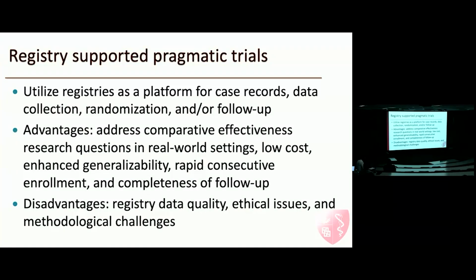There are disadvantages. Your trial data would be only as good as registry data quality, so you have to be very sure that the registry data quality is good enough to support the rigor of the trial. There are ethical issues. You have to get IRB consent and approvals, and the data registry processes would be separate from the trial processes, because patients are not being consented to be part of the registry. But for the trial, you do need a separate process to consent patients and ensure that you can identify those patients within the registry data. And there are other methodological challenges that, if anybody's interested, I can address at a later time.